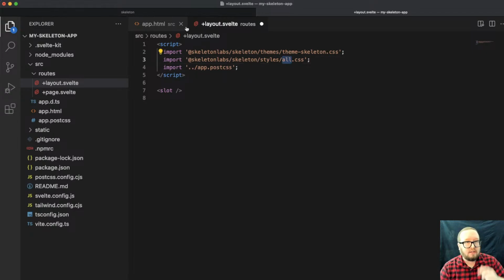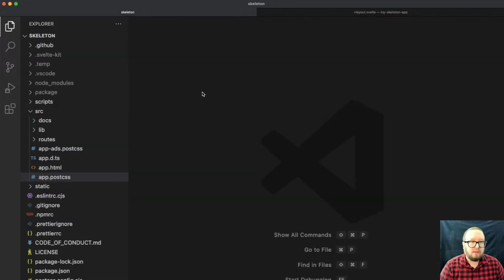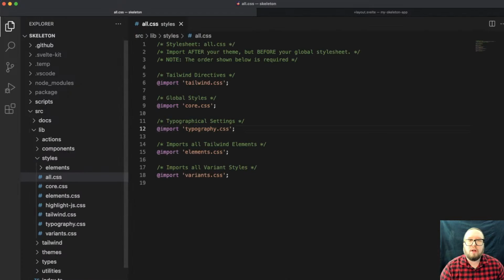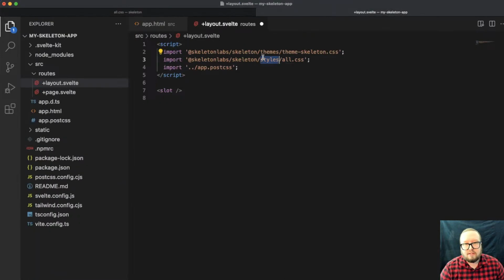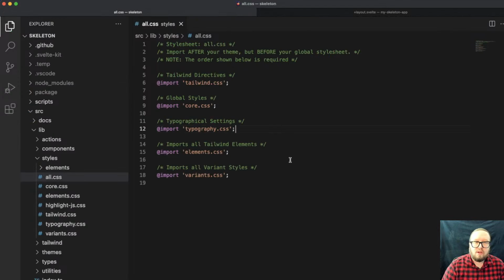And real quick, I'm going to switch over to the skeleton project, and I'm going to show you what all CSS is doing, because this could be a little scary for folks. They're like, what is this? What does this contain? What is or isn't inside of that? So just real quickly, I'm going to show you what the contents of that is,